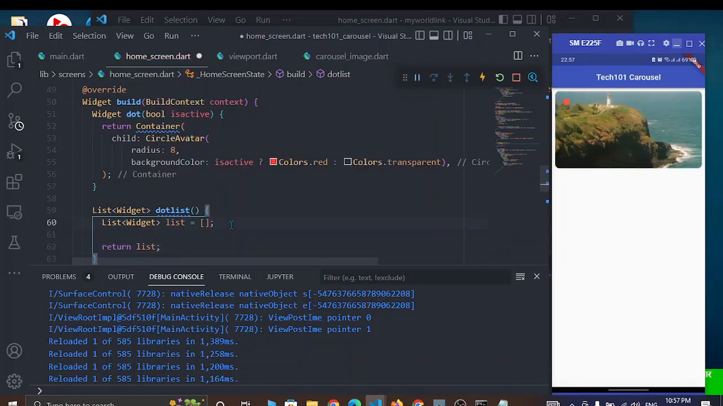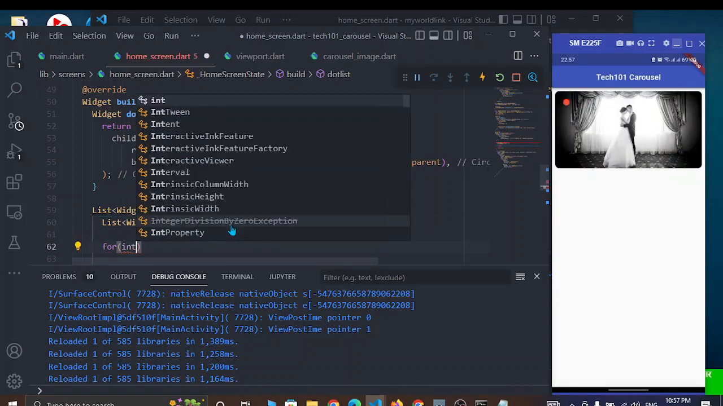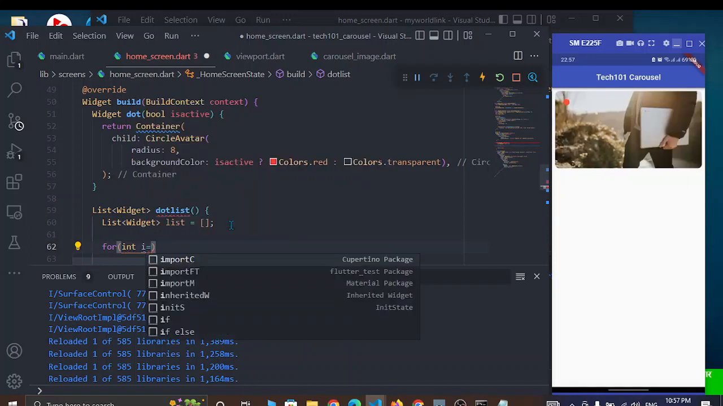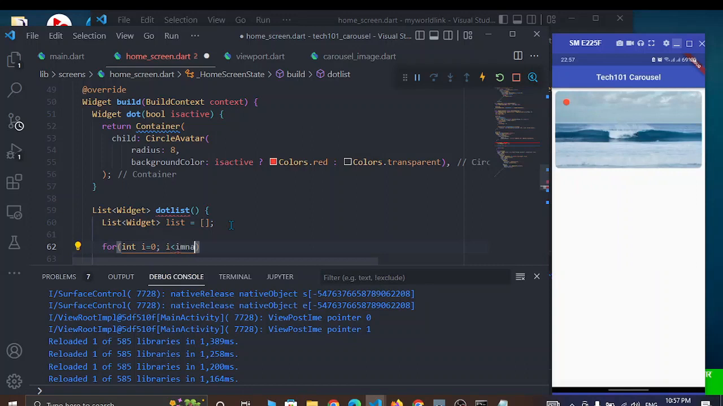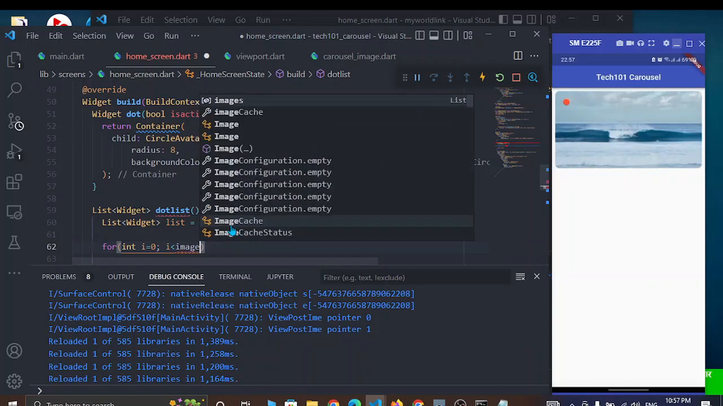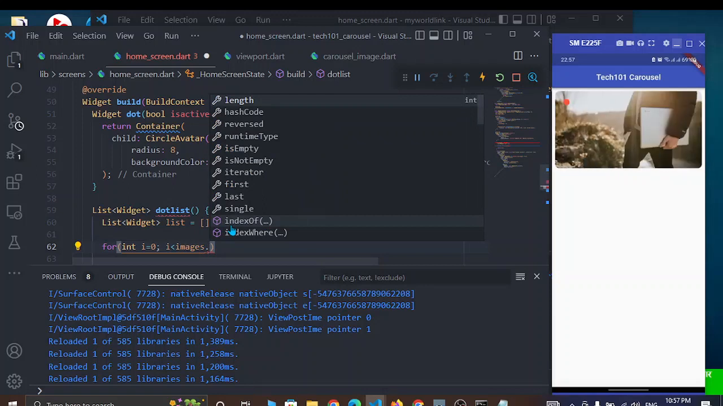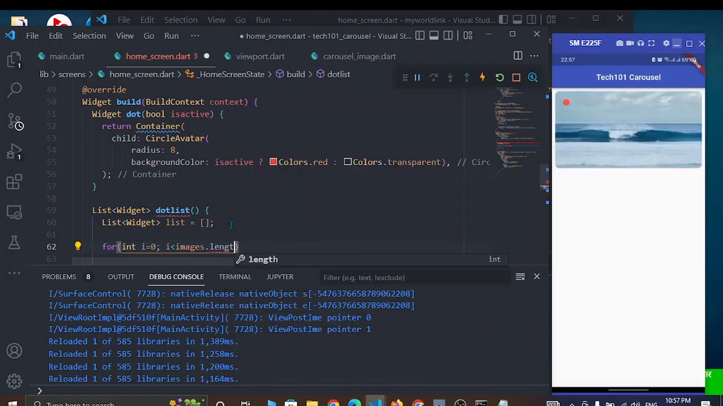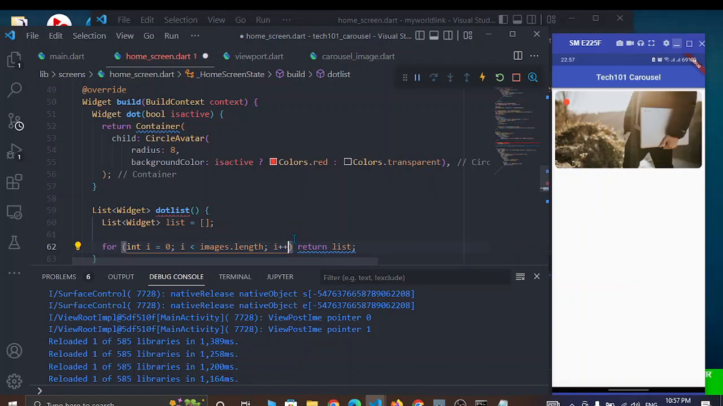and here I'm going to use a for loop. Okay, for int i equals 0, i less than images dot length. Okay, this images is the number of carousel items in our carousel. Images dot length, we're going to increment this i,